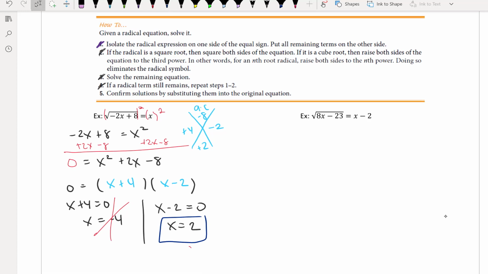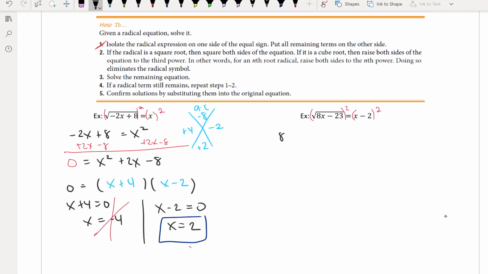So we're going to do the steps all over again. We're just going to keep going. So step number 1, isolate the radical expression on one side. Perfect. Done. Now I'm going to square both sides. So square and square. So when I square both sides, the square root and the square cancel. So I am left with my